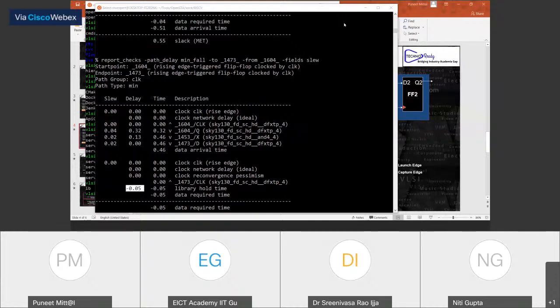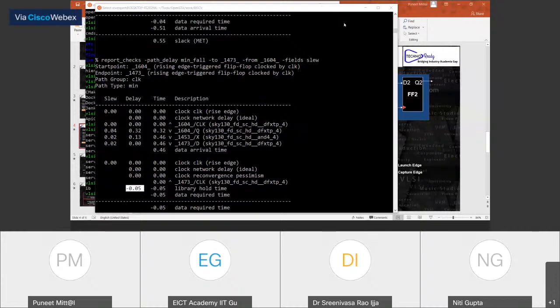You can also do the analysis with respect to the slew, cap, all those things. So if you want to understand what your input transition is, what your output load is, on the basis of that you can also do all these analyses. So this report is basically all about giving you the circuit information from the delay point of view, from the transition point of view, from the capacitance point of view. So whatever mathematics you want to do, you can do from here.